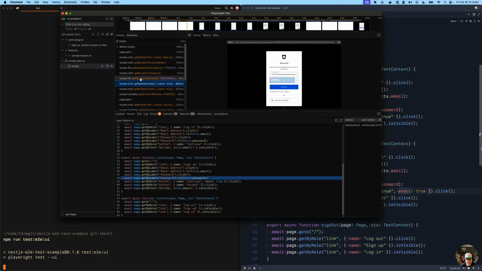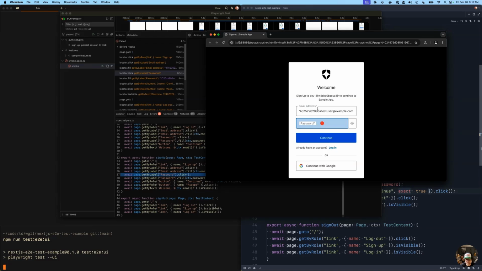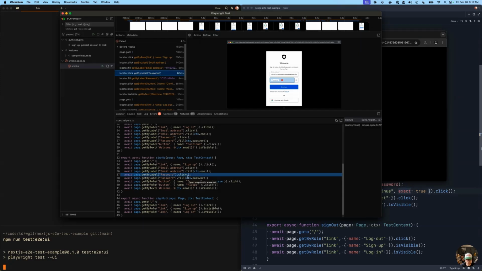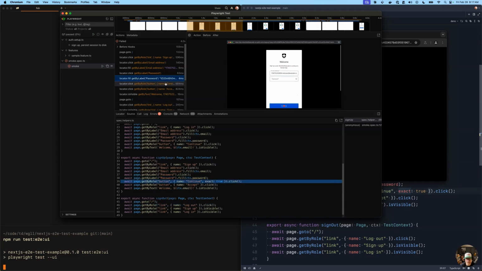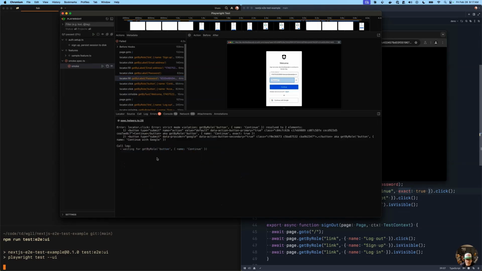And now it looks maybe like our password entry is not quite right. I can see that, let's pop this open. I can see that my timestamp plus test user at example.com is in there, but perhaps the password field is not quite right, which is interesting. So this also shows that sometimes this is a typical failure state that you might get